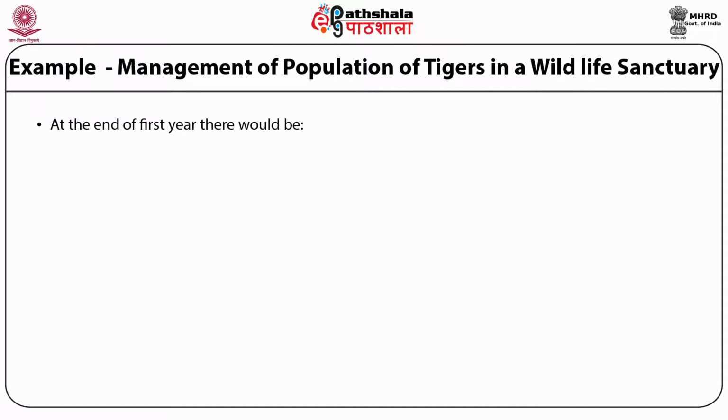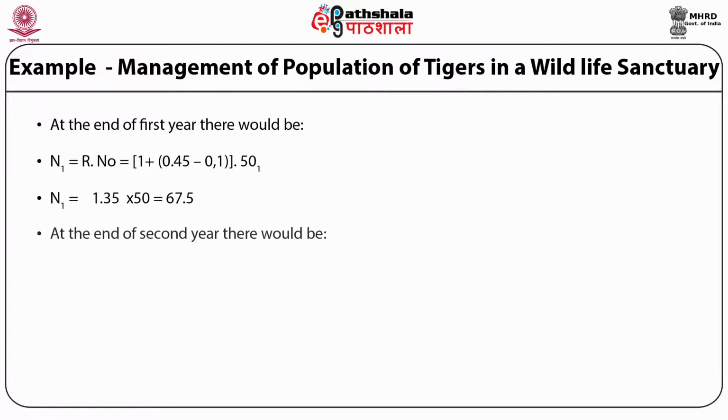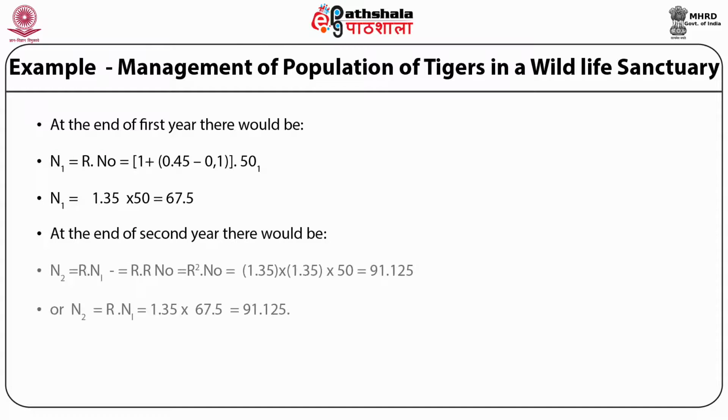At the end of the first year, there would be R into N0 number of tigers, which will be equal to 1 plus 0.45 minus 0.1 into 50, equal to 67.5. At the end of the second year, it will be R into N1, or we can also write it as R into R into N0, or R square N0. This will give the figure 1.35 into 1.35 into 50, equal to